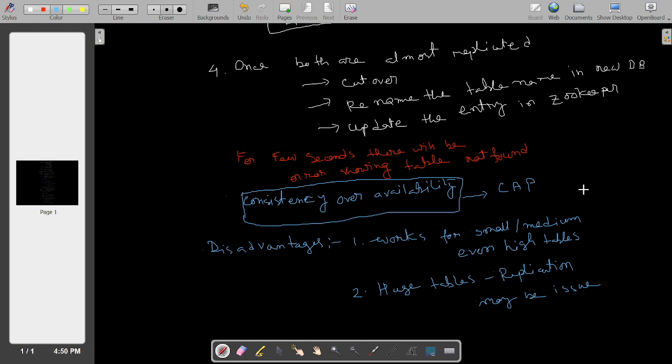There is the CAP theorem, which you all know. Here, consistency has been given more importance than availability. As I said, for a few seconds there will be a table not found error, but the data will be more consistent.